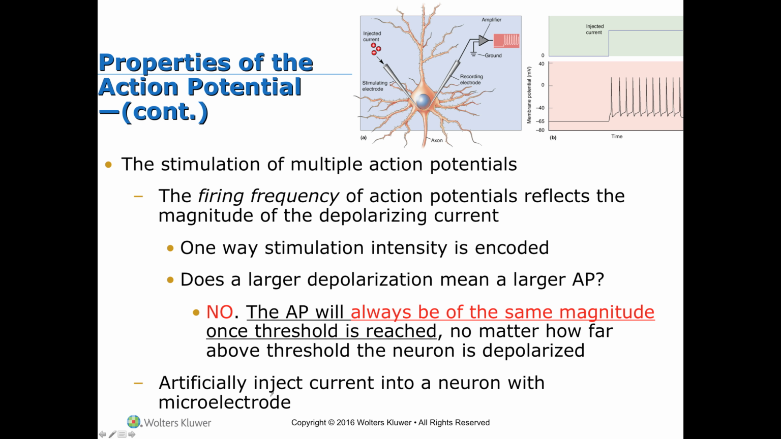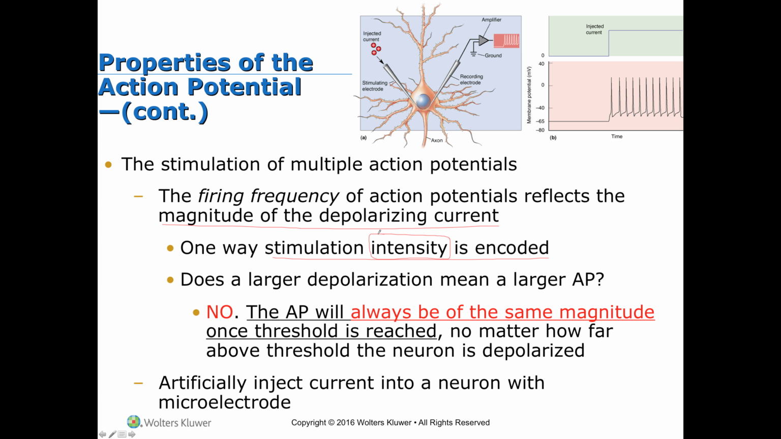So, the firing frequency of action potentials, and this just simply means the number of action potentials in a given segment of time, helps to reflect the magnitude of the depolarizing stimulus or the depolarizing current. And this is one way that stimulation intensity is encoded. So if you think about intensity, if someone lightly flicks you versus if someone punches you, the action potential is always the same magnitude. However, what is able to be encoded is the intensity of the stimulus. If you think about being flicked versus being punched,